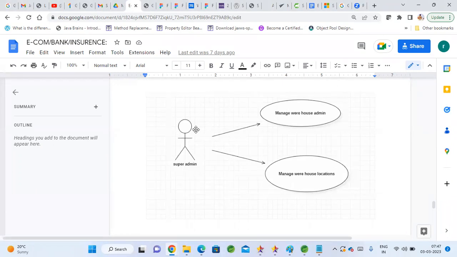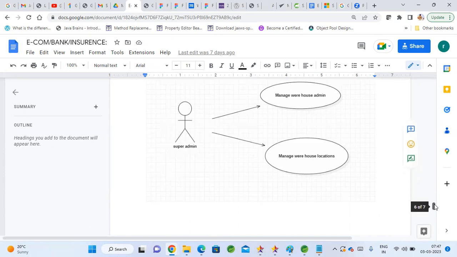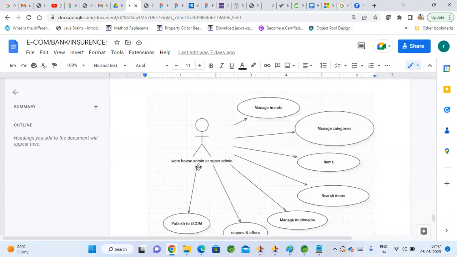One is super admin. He should be able to create warehouses wherever he wants across all the cities. Warehouses and their locations he should be able to create, and he should be able to create an admin or a manager for it, right? Whoever manages that warehouse. So this role as a super admin or a business owner, I should be able to do that. And as a warehouse admin, he should be able to